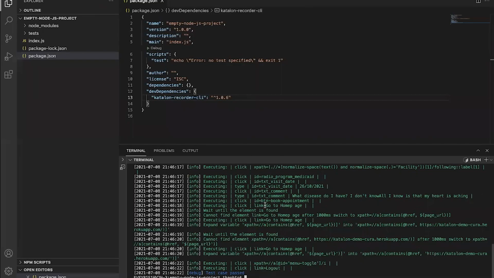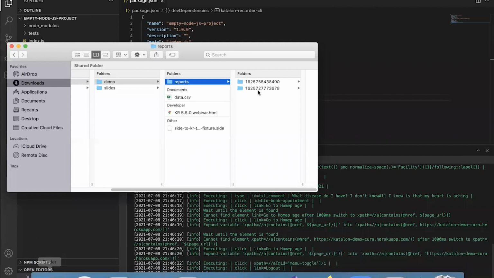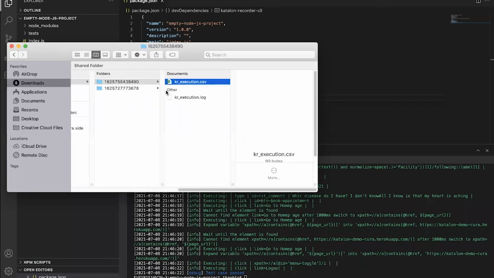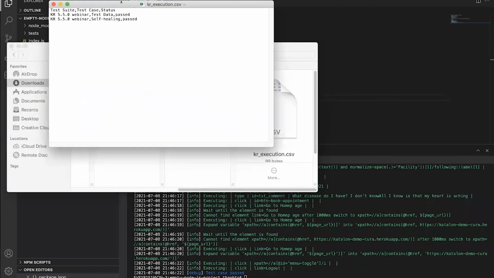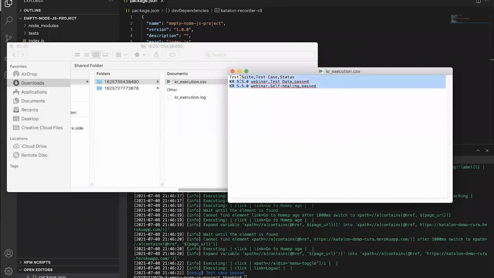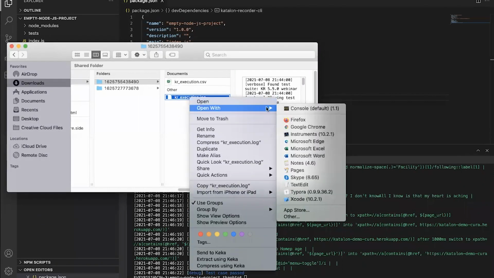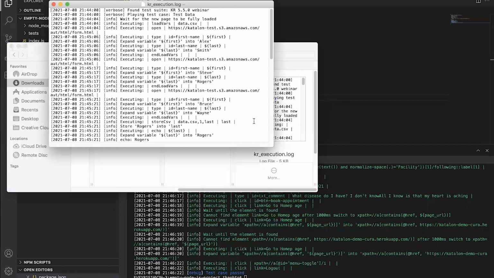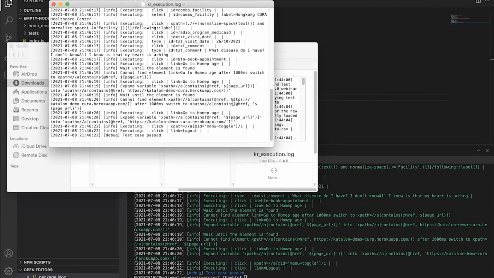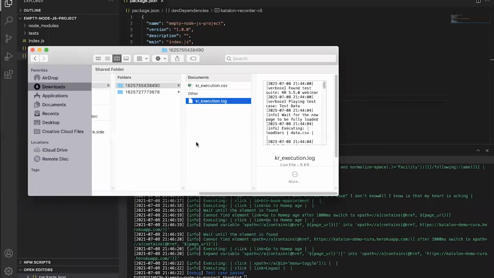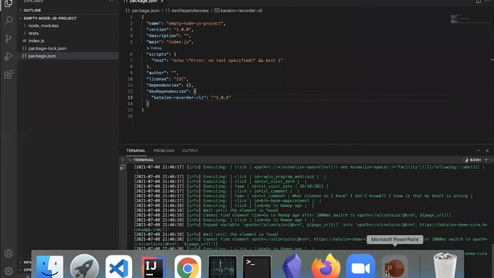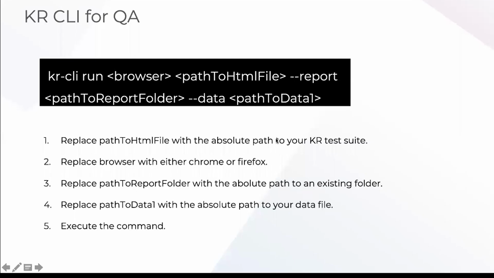All right. So that's how it works. If you go to this report folder, you can see that the CSV report file is generated. Of course, it's just gonna contain the execution results. You can view it with Excel and other applications. And you can also look at the execution log, and this will be the exact same thing that is printed out in the console, in the terminal on Mac. So that's the first mode, which is for QA,